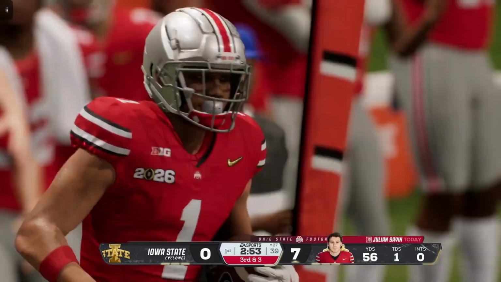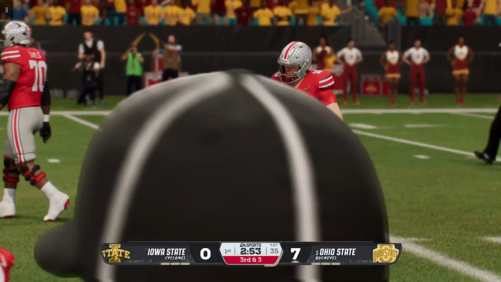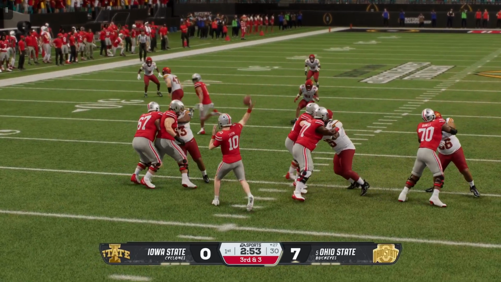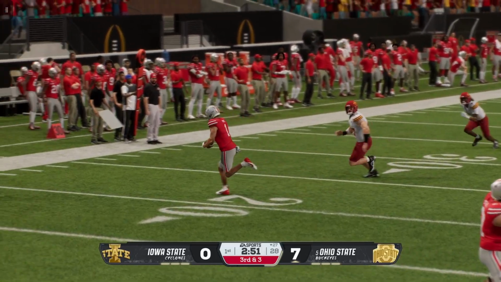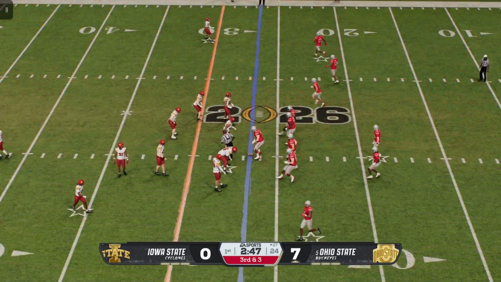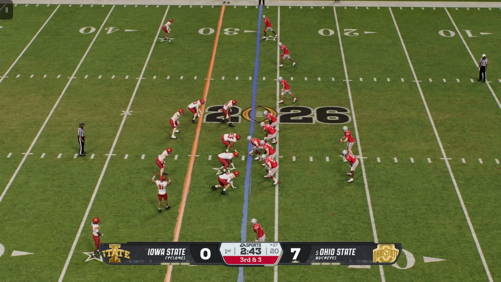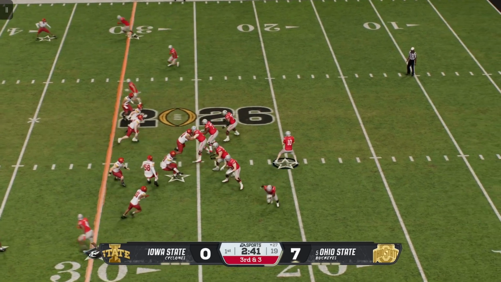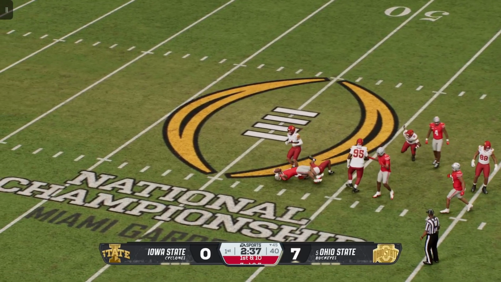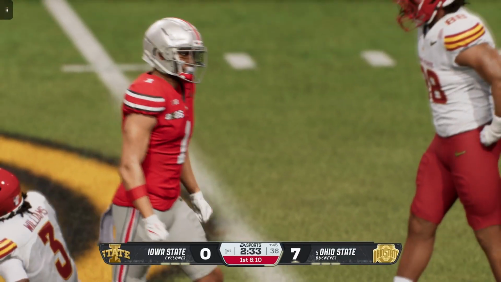Snags a good throw. And heads out of bounds after a decent gain. Chris, it's so easy to get excited about the receivers on the outside, their ability to make big plays, but the slot receivers are just as exciting, especially with their finesse, quickness, and ability to make guys miss in the middle of that field. Offense looking to convert on 3rd and short from the 27. Looking to pick up the 1st down through the air. Caught by the receiver. They bring him down to the 45 and a solid gain to keep this drive going.